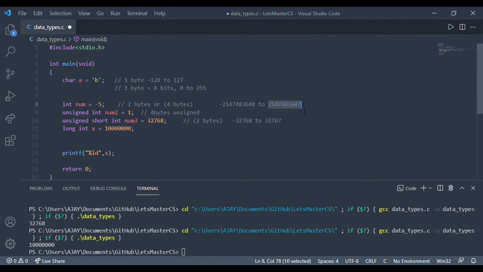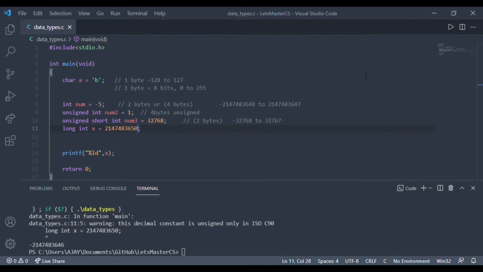Now let's try to print it using long. Yeah, it can be printed. What if we go beyond the range? Let's take a bigger number. Yeah, it has caused a problem because we cannot go beyond 4 bytes in long.